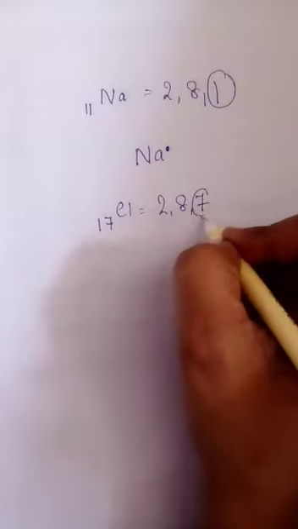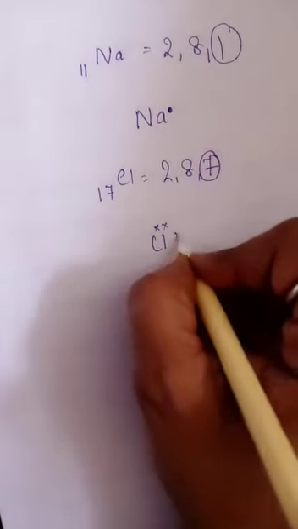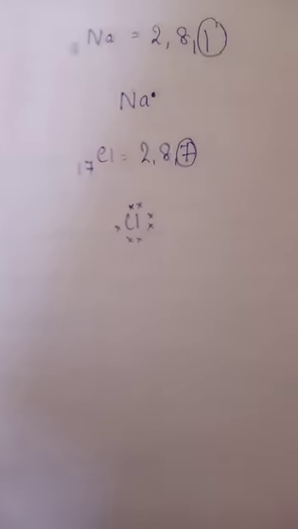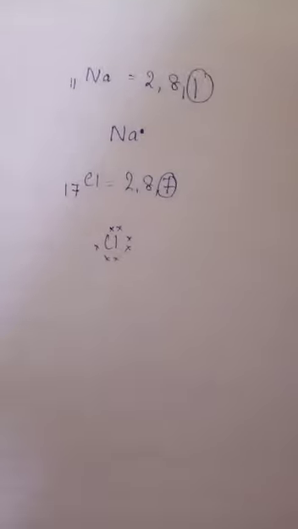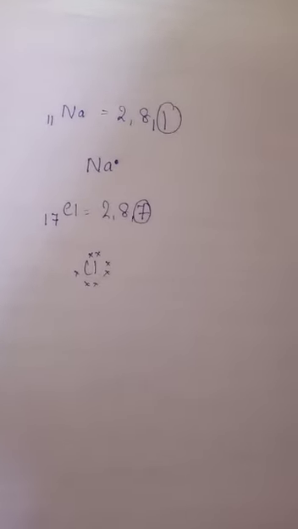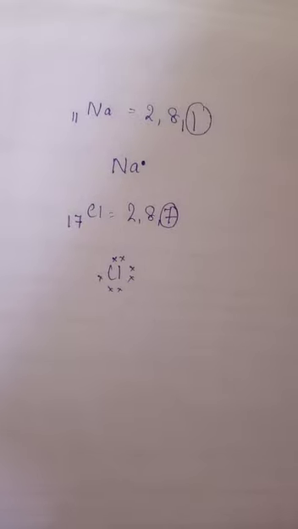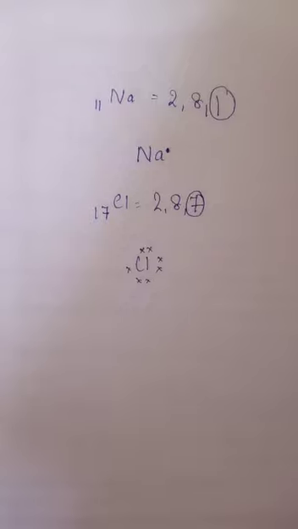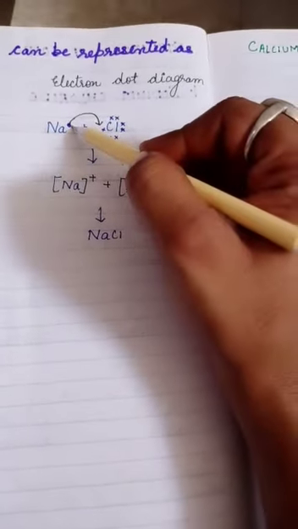So it has 7 electrons in its outermost shell. So you can represent it with a cross or a dot. I would request you that when you draw these electrons, for one atom you draw a dot and for the other atom you draw a cross, because this will not create confusion about whose electron it is. Are you getting? Now you can see here sodium has one electron.